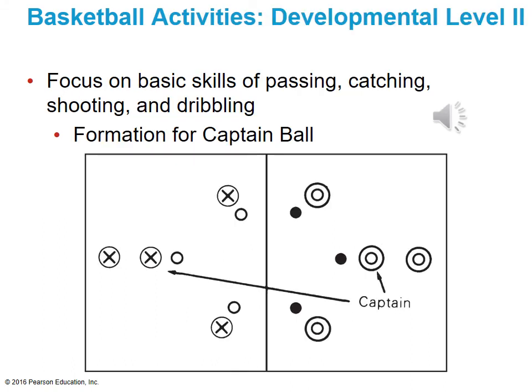For developmental level 2, you have these basketball activities listed for you, these lead-up activities: circle, guard, and pass on page 625. I want you to know dribble-rama. You can play 2 or more games simultaneously while doing dribble-rama. You have your different levels for dribble-rama, and I like it because the kids are having fun and they're learning how to dribble without looking at their dribble. So the 4 basic fundamentals of basketball should be the focus of your attention for developmental level 2. This picture shows here the captain ball game that they show on page 625.